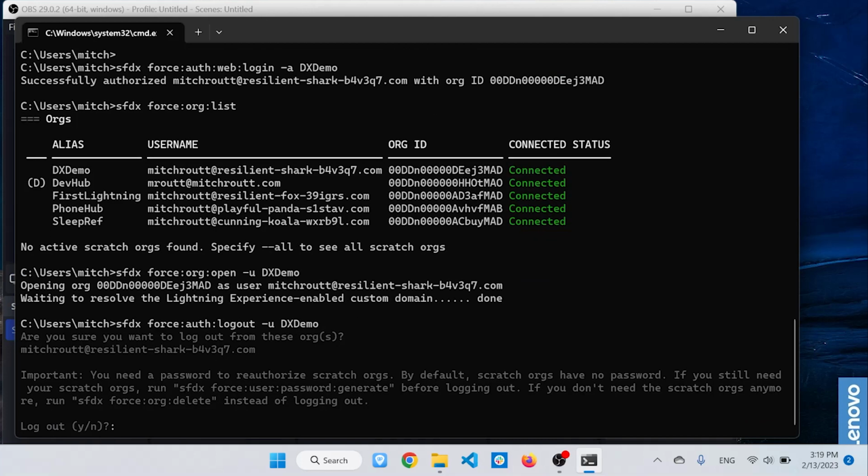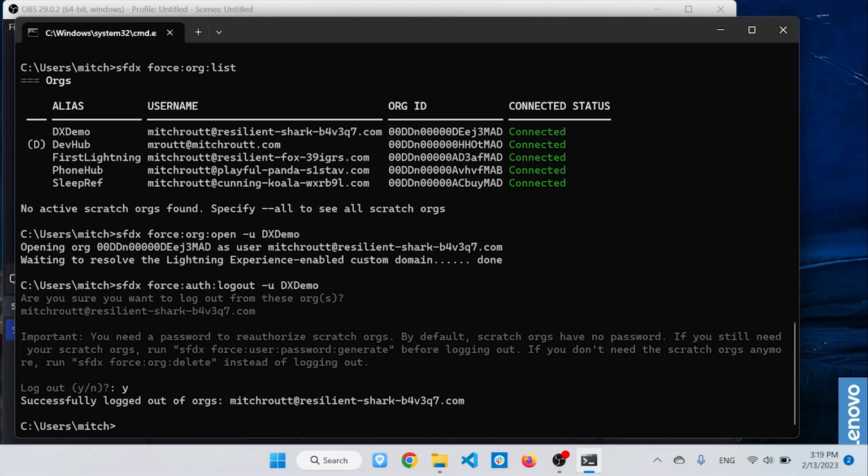The CLI will prompt you to make sure you actually want to log out of the Resilient Shark domain, or the Salesforce org at the Resilient Shark domain, and you'll say, yes, I do want to log out,